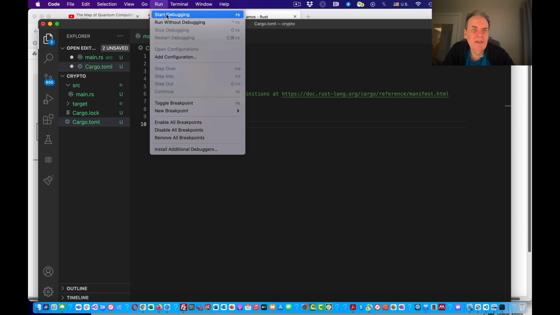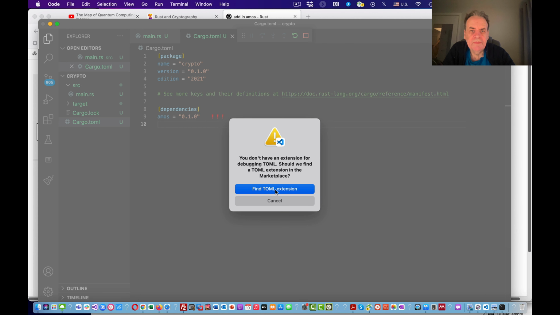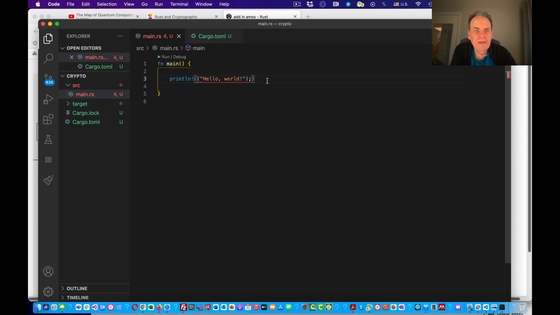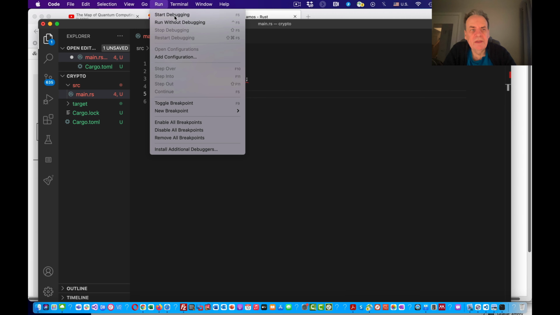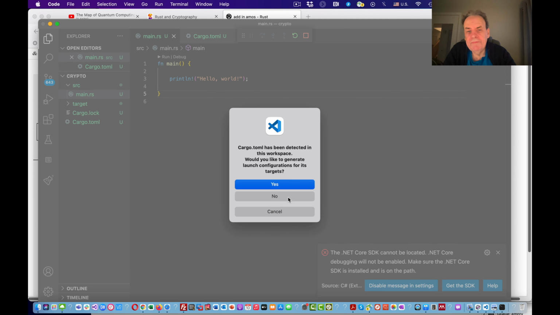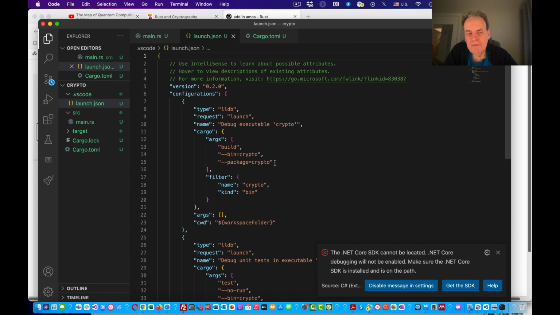We would then just start to debug that if we wanted. So in this case, we're not getting that integration quite right because we have a syntax error in there. Okay, so we can then go ahead and start to build our project. One thing that Visual Studio Code does is detect that it's a Rust program and that it needs to create a build for us.